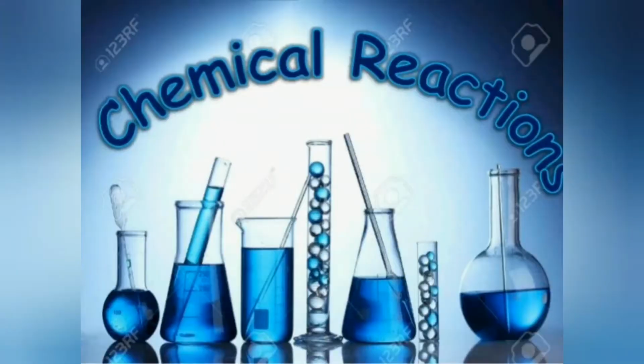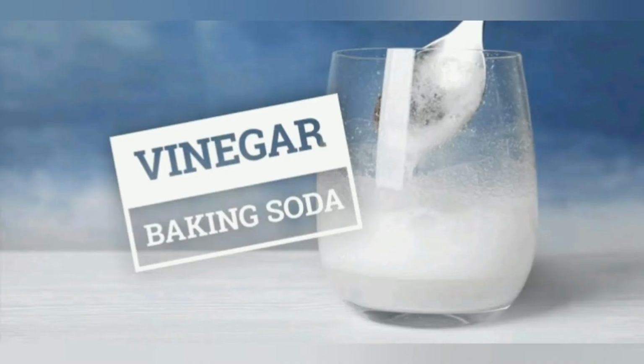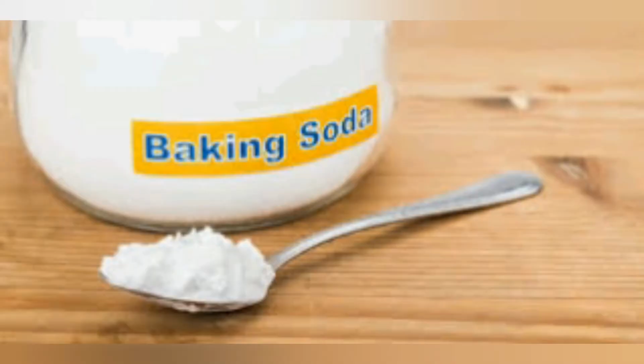Children, hope you would have enjoyed this activity. Let's learn the science behind this. We are learning about chemical reactions. In our last video, we studied about the chemical reaction involved in rusting of iron and browning of vegetables and fruits. In this video, we are going to learn another interesting chemical reaction, that is reaction between vinegar and baking soda. Baking soda is nothing but the cooking soda which your mother is using in the kitchen.